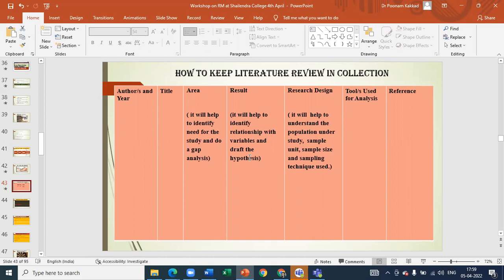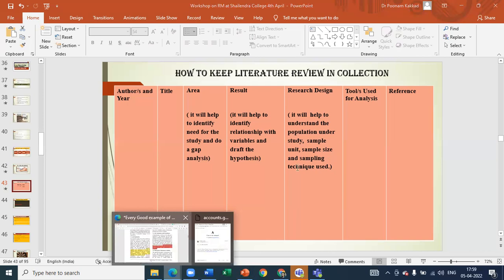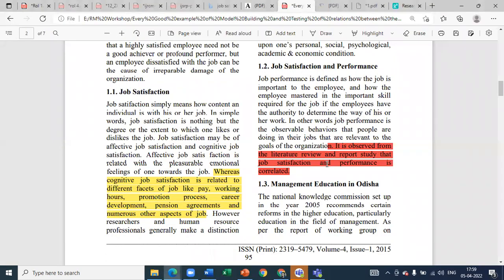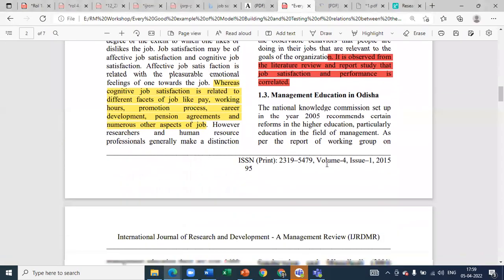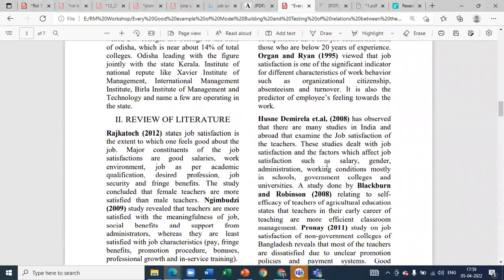और जब आप एनालिसिस पार्ट, इंटरप्रिटेशन पार्ट लिखोगे, अगर आपके भी वेरिएबल्स जॉब सेटिस्फैक्शन और परफॉर्मेंस में रिलेशन बताया, तो इस बंदे का नाम लिखो कि आवर स्टडी इज इन पैरेलल विद दिस ऑथर, what he is saying कि there is a relationship. So write down this here in result कि this paper is saying that there is a relationship. ये रहा, there is a correlation. चलो और आगे पढ़ते, और कुछ दिया है इस पेपर में।